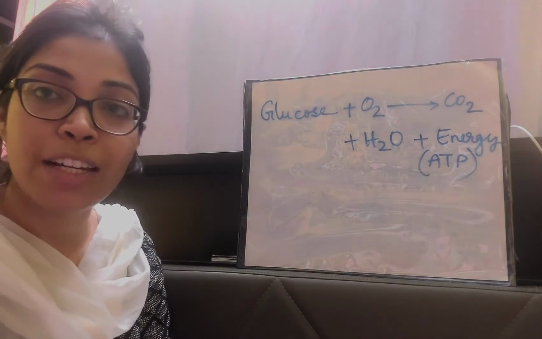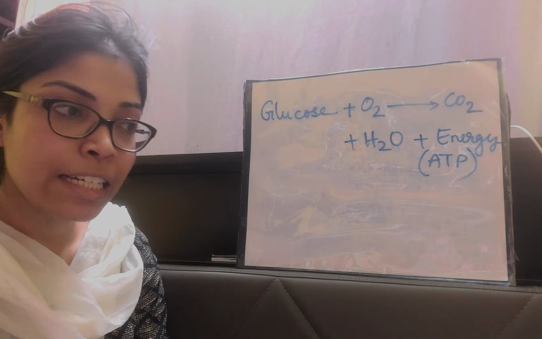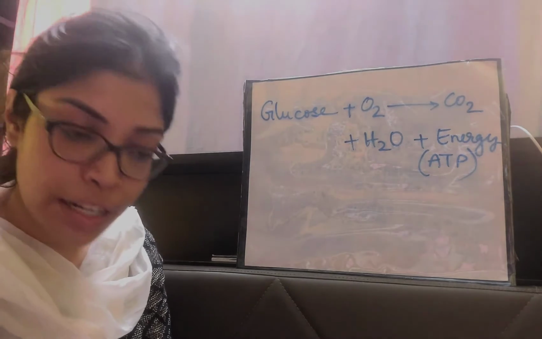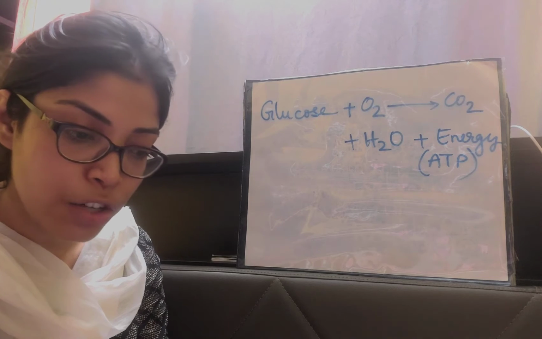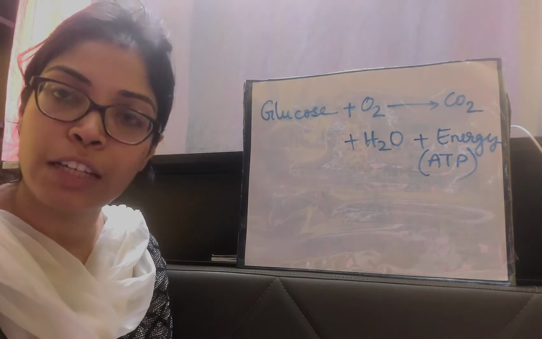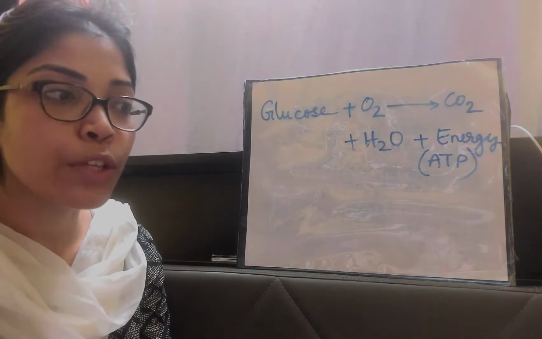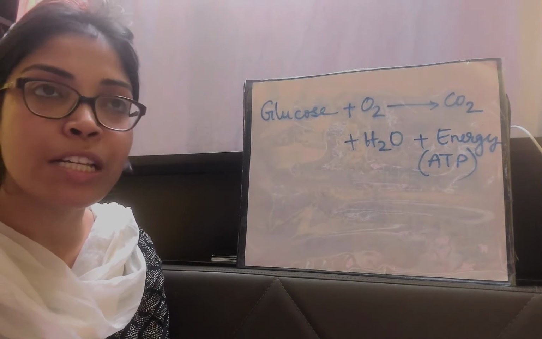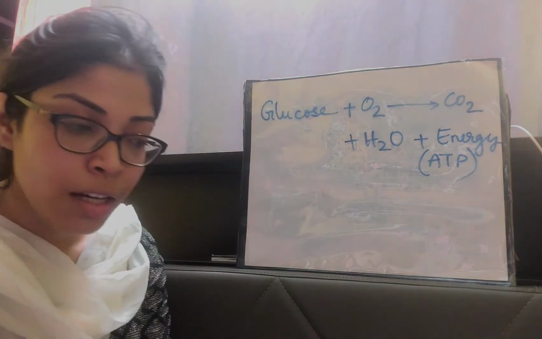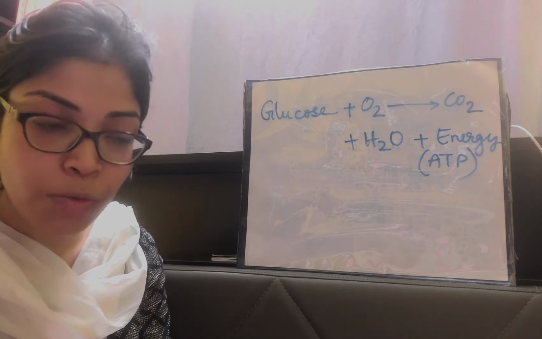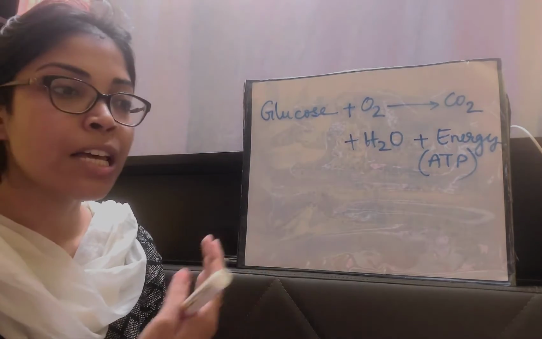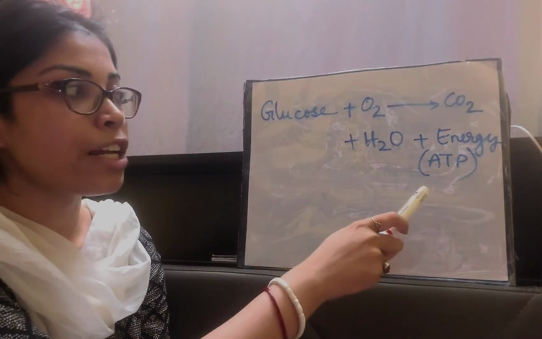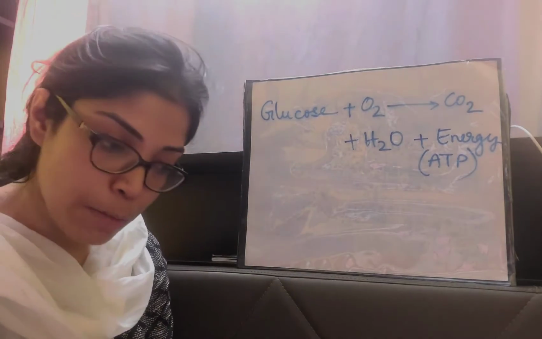ATP, the full form is adenosine triphosphate, and ATP is the energy currency. This energy is used to carry out biological functions necessary for the survival of living beings. Just like in us, we use the energy that is formed as a result of cellular respiration. The food that we eat is broken down by this process of respiration in us also. Similarly, in plants, the same thing happens, and energy is released in the form of ATP.